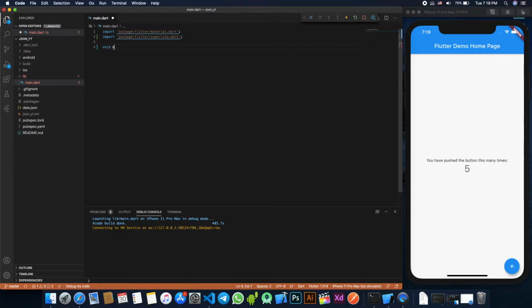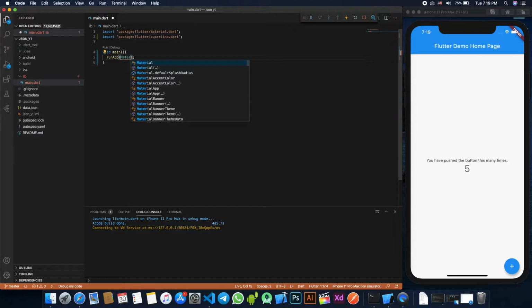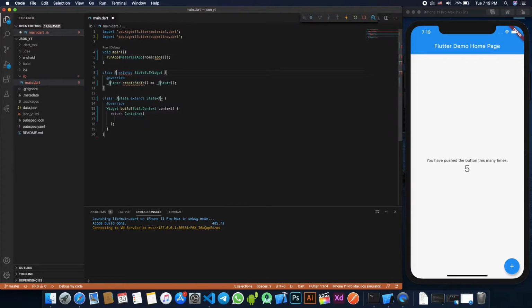And we have a void main which will run an app called app. What we can do is we can make this a material app. Wait, I think home. Yeah, right. And app does not exist, so I'm going to create this app and rename this as app. And now everything should be good.